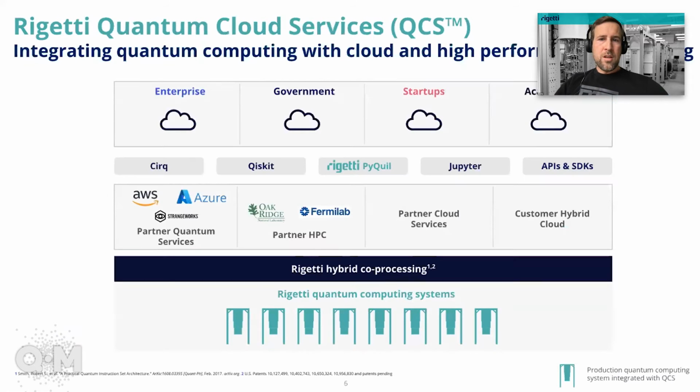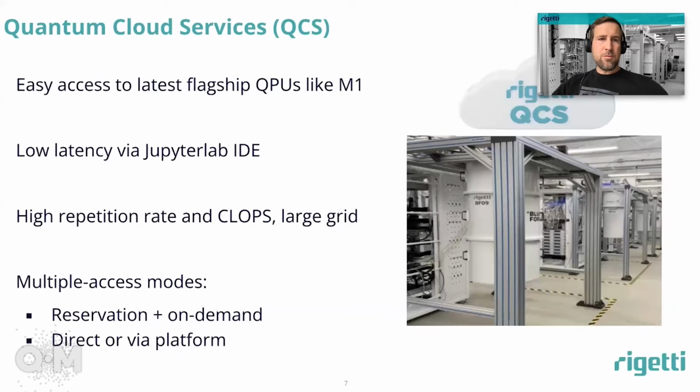Our cloud service, the Quantum Cloud Service, is from Rigetti. We offer not just integration of QPUs, our quantum processing unit, but also low latency cloud resources through our partners like AWS, which is really critical for customers and users to not have higher latencies when they're running experiments such as VQ8. And we have partnerships with high performance compute facilities as well, like Oak Ridge and Fermilab, that we think is going to be really critical in the future. And so this is available today. It's been live since 2017. And again, as I mentioned, we offer access to our latest QPUs like M1, that's 80 qubits.